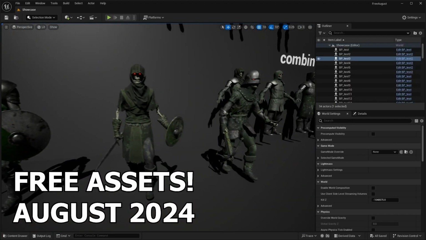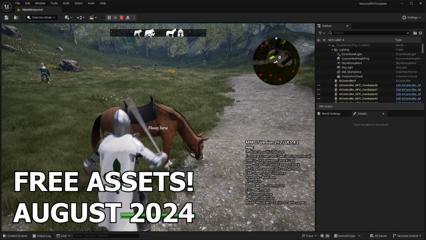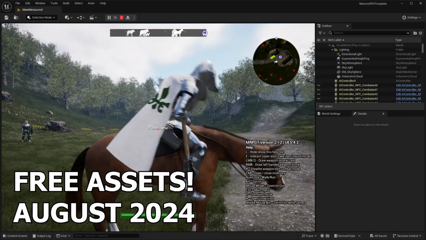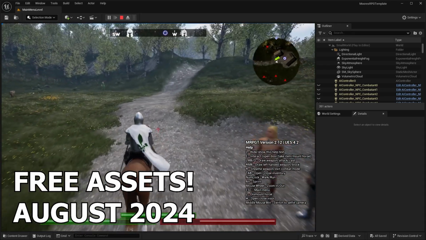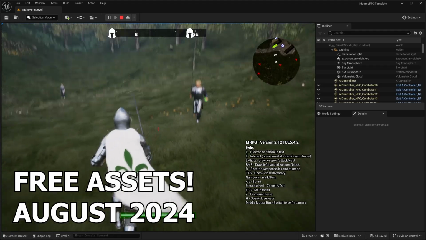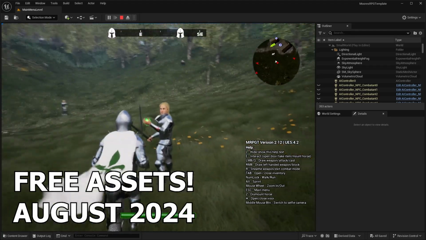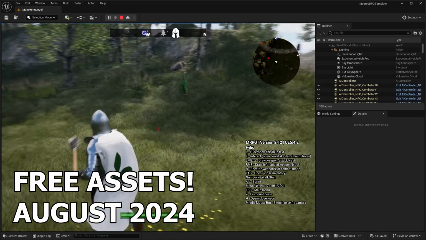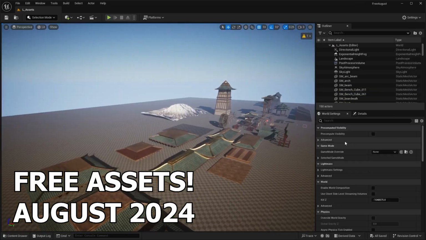You can make a game or short film using any of the assets, and they've been doing this for many years now, so if you collect them every single month, you're going to build up a huge library of these 3D assets that you can use for your games or projects in Unreal Engine. So in this video, we're going to be checking out these free assets for this month, the month of August. There's quite a bit of interesting and exciting stuff this month, especially if you're looking to create some sort of